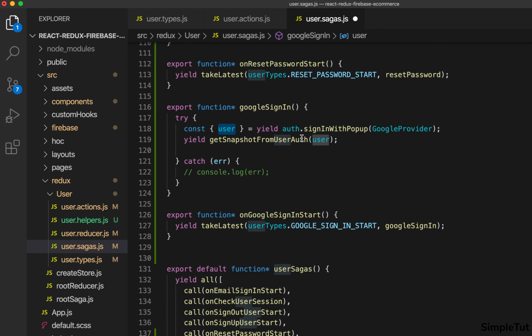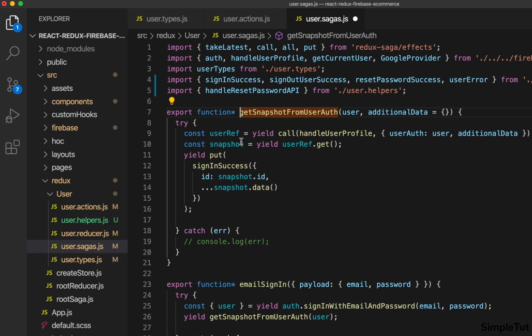So we're getting the user back, we're passing that in, that's the user auth object. And again, let's just remind ourselves what we're doing. This function is at the top of the file, and all it does is it takes that user and uses our utility function to sign the user in and update our Redux store. So what we need to do is make sure we're dispatching the right action